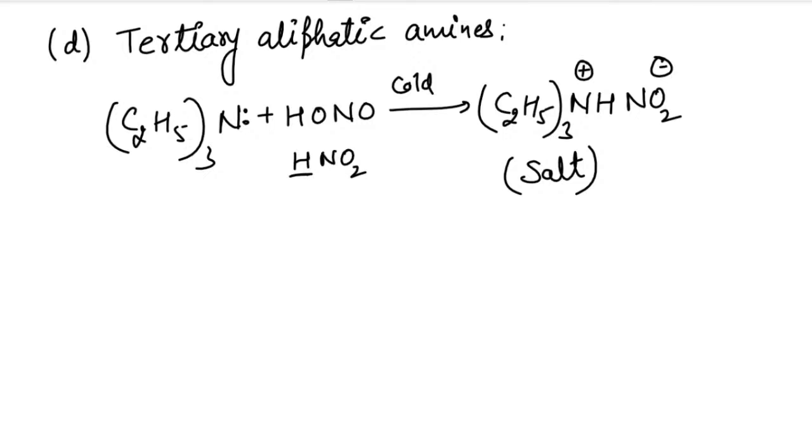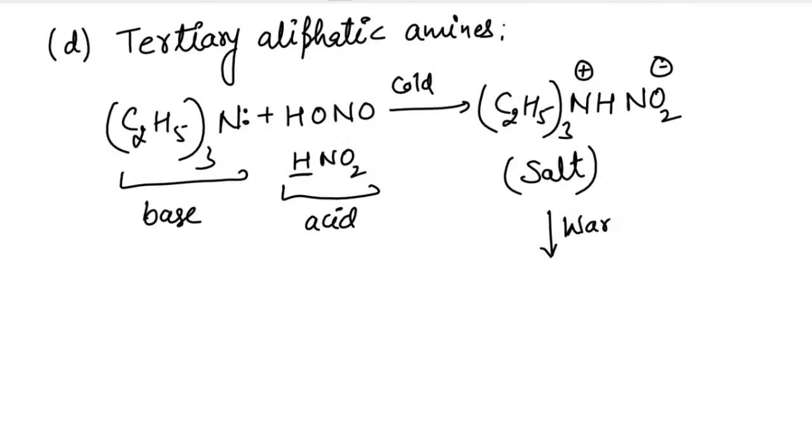And now we have no hydrogen on the amine. So, only H plus ion, because this acts as base and HNO2 acts as acid, means an acid base reaction takes place, and which on warming will give